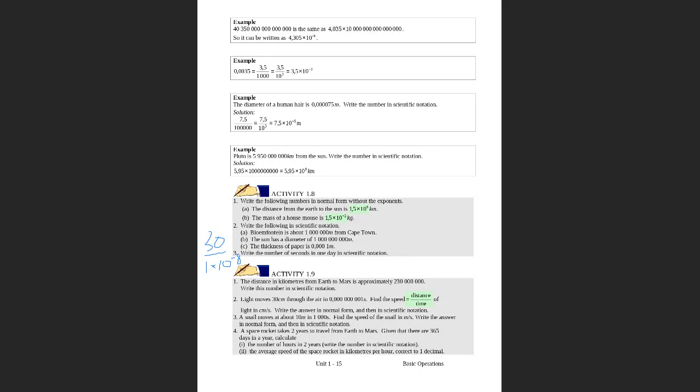So are we always going to be given this formula, speed is equal to distance over time? Yes, most of the time they are going to give you the formula, because the idea here is for you to be able to know how to write this in scientific notation. That's what I mean.